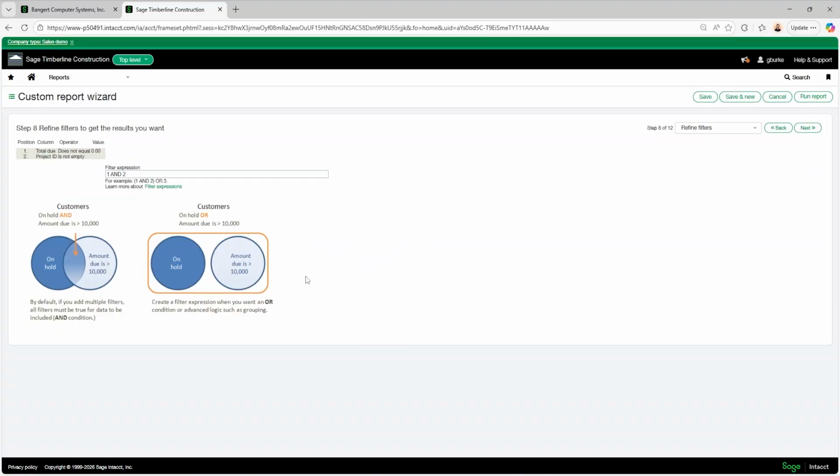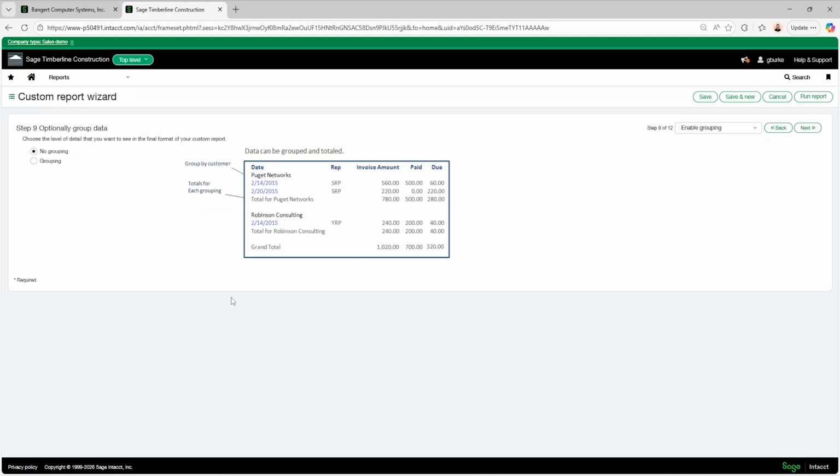Here's where you can choose how your filters correspond to each other. For me, I wanted to do 1 and 2. You could do either or you could do a combination of different filters. Like here, they show you could do 1 and 2 or 3 by using parentheses. We're going to keep it a little simple today, though. 1 and 2 will be perfect for what we're building. And then we have grouping that can be applied. I'm going to leave the report as is for now, and then we'll come back and show what the grouping would look like.